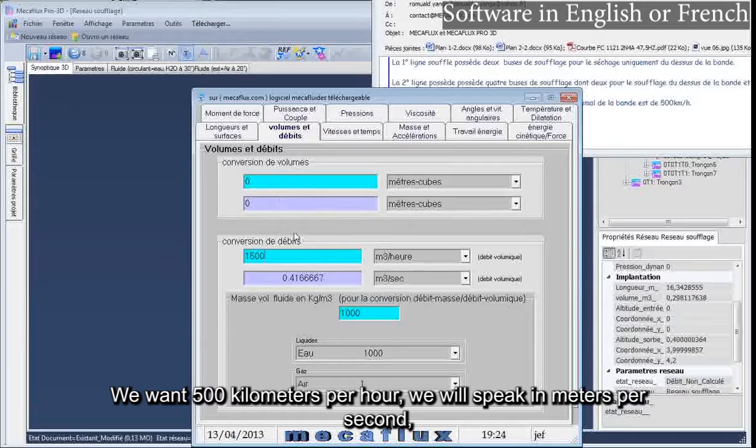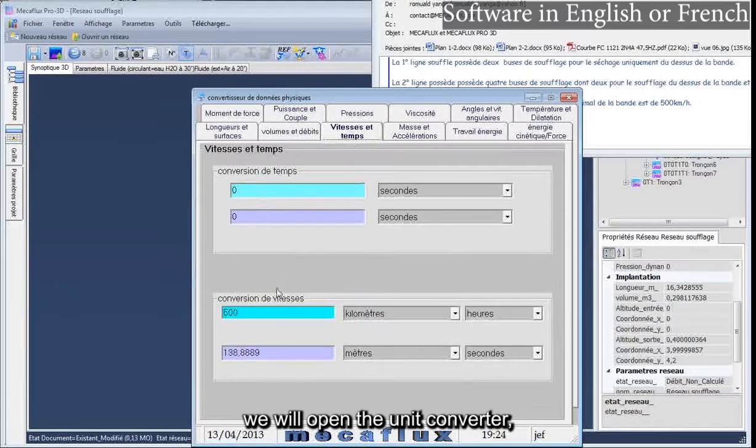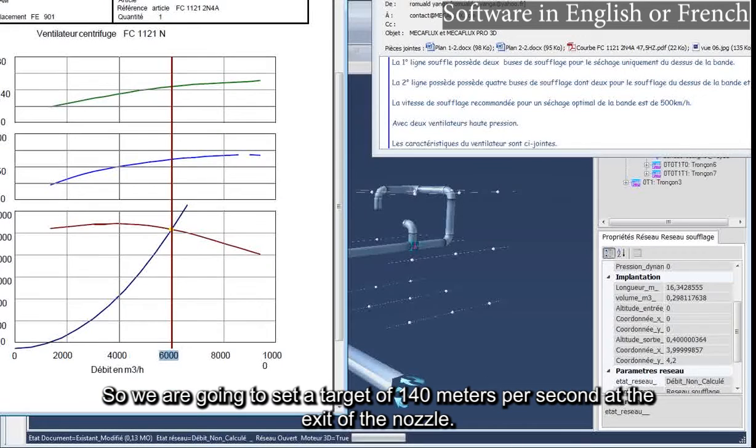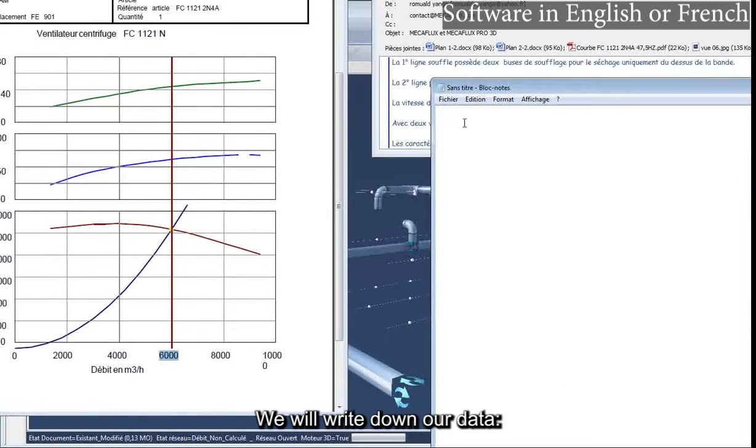We want 500 kilometers per hour, we will speak in meters per second. We will open the unit converter, 500 kilometers per hour gives us 138 meters per second. So we are going to set a target of 140 meters per second at the exit of the nozzle. We will write down our data.